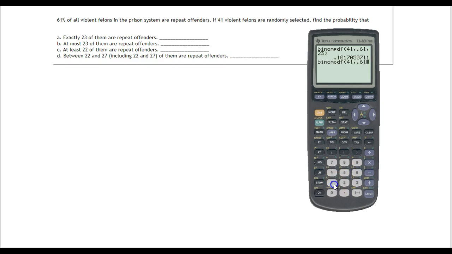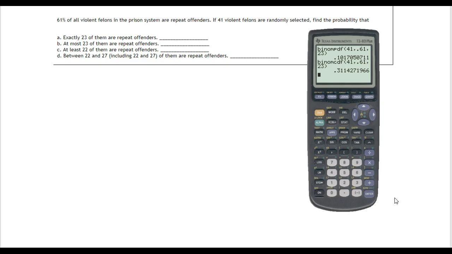The probability is 0.61 that they are violent felons, that they are repeat offenders, and at most 23. So that could be 23, 22, and less. Now, this function is always less than whatever number, the X, that random variable, I put in. So if I put in 20, it's looking for less than 20. This one's looking for at most 23, which means 23 or less. So I'm going to hit enter,